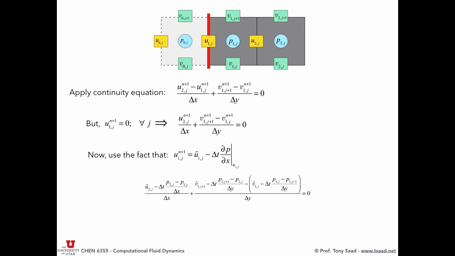Okay? So you go ahead and collect and simplify terms together. You actually get an equation for the pressure at the boundary. Why is this an equation for the pressure? Because we know what u tilde is. We just computed it in step 1. Right? Remember, the next step after we compute u tilde is to calculate the pressure. Now, what is this doing? Contrast this to what we said our pressure equation is. It is the same, it is the pressure equation, nothing more,